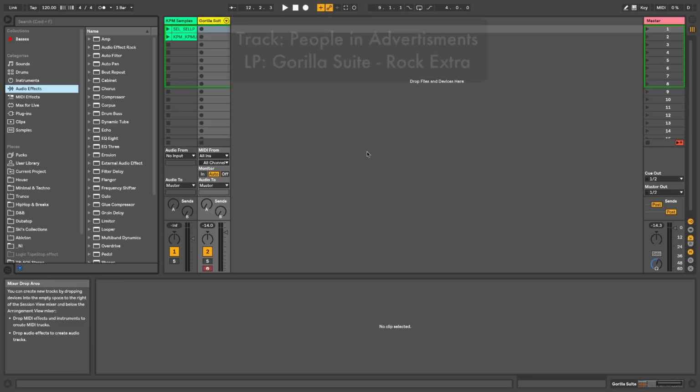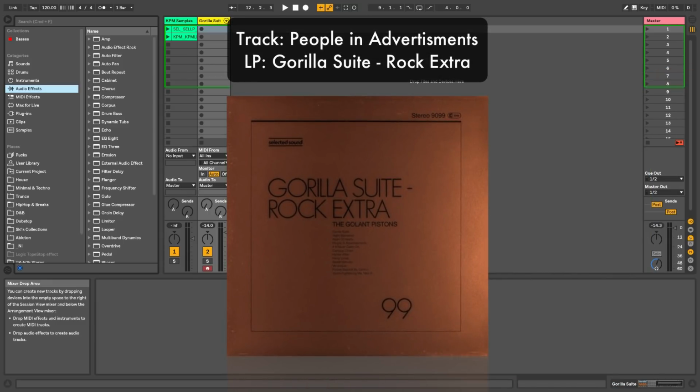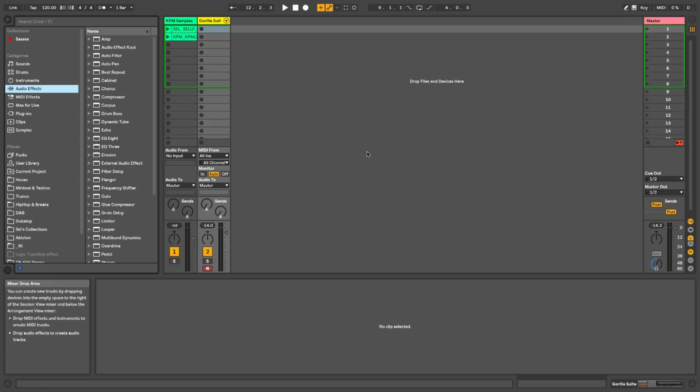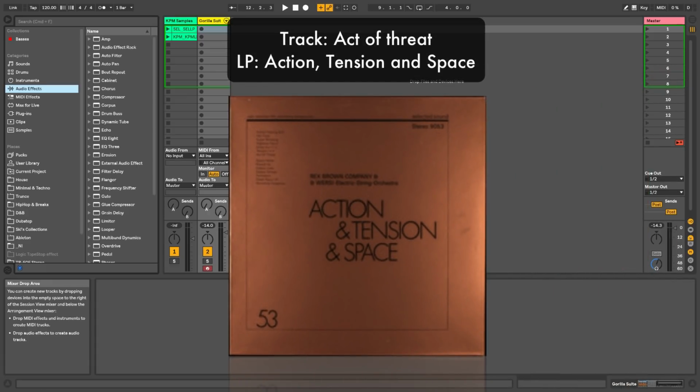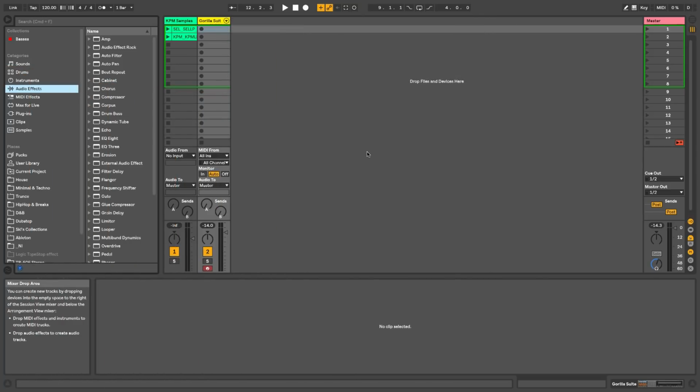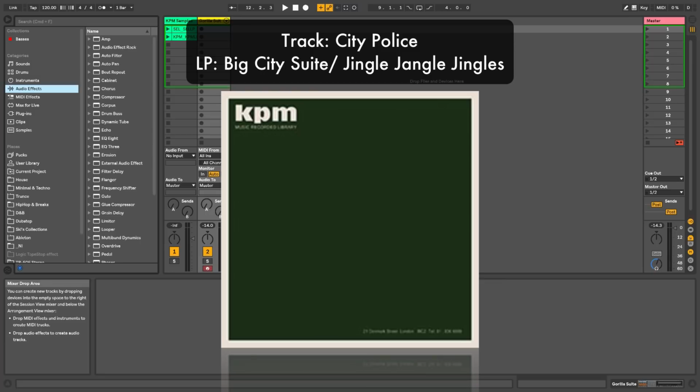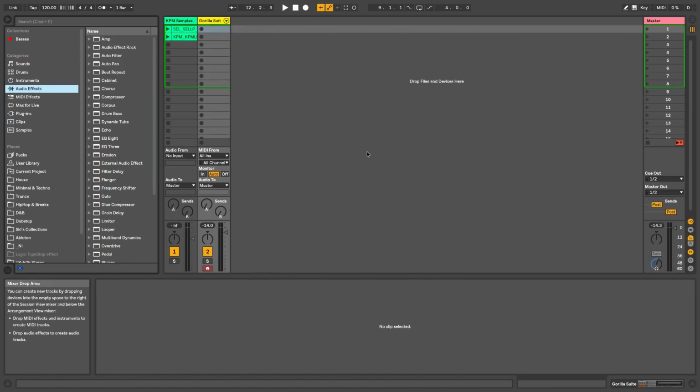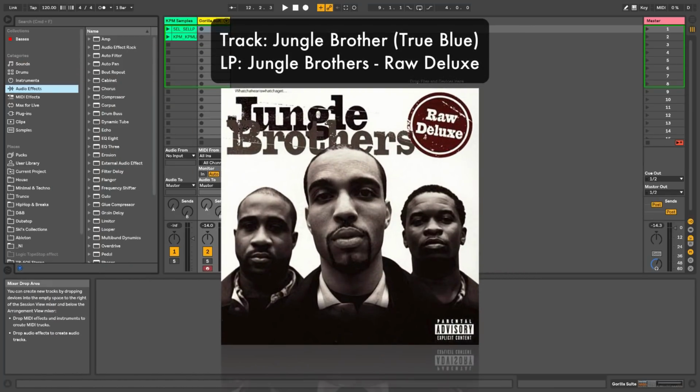So I'm going to be using the beat from this track called People in Advertisements, which is from the LP Gorilla Suite Rock Extra. And also the guitar riff and beat from this track called Active Threat from the LP Action, Tension and Space. And the brass stab from this track called City Police from the LP Big City Suite, Jingle Jangle Jingles, great name. And finally the a cappella from the track Jungle Brother True Blue by the Jungle Brothers from their album